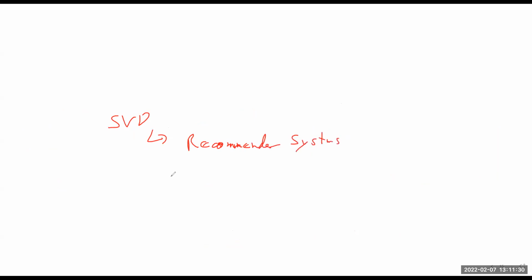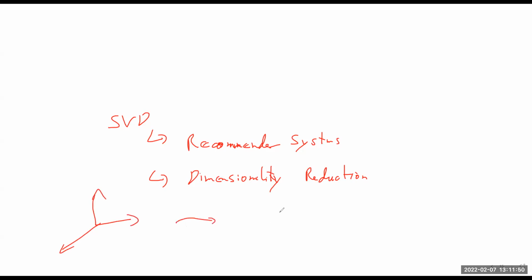Right, systems, but also for data, what is called dimensionality reduction. Why is it called dimensionality reduction? Well, remember, if you have a vector space of 3, and now you make it into a vector space of 2, you reduce the dimensions, the dimensionality. Do you guys see that? And so that's why it's called dimensionality reduction.